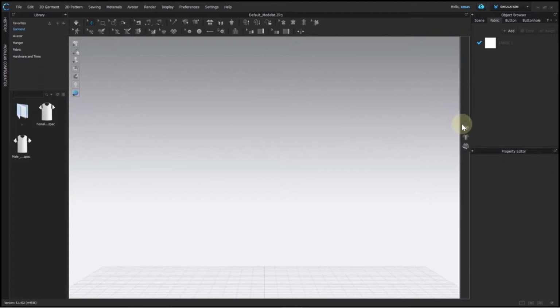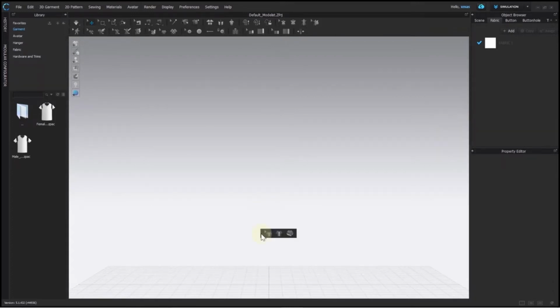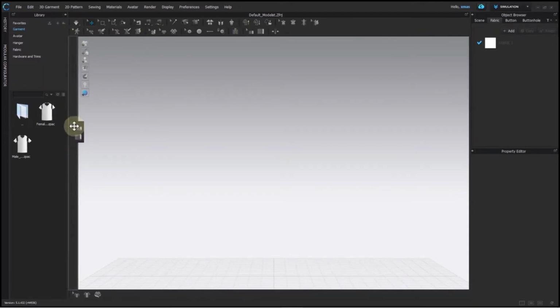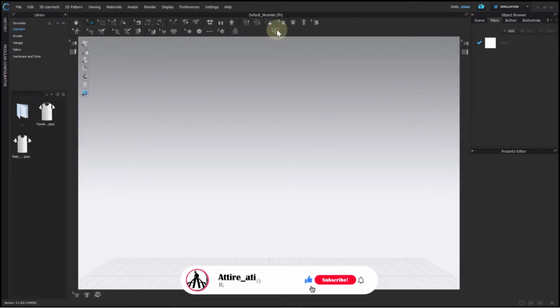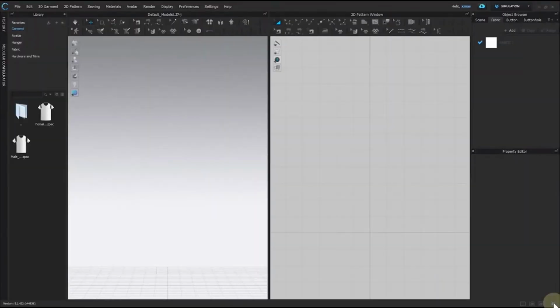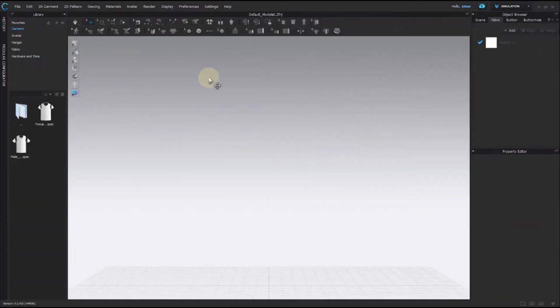Set all the tools as per your working style, but if you have done this by mistake and want to go back to the original style, here I have already misplaced all my tools and now I want to go back. Then I will go to the bottom tools to select this reset layout option. With the help of this, all the changes we had done will be gone and our window will become like earlier. If we go back to our 3D window, now all the changes we did will be gone.